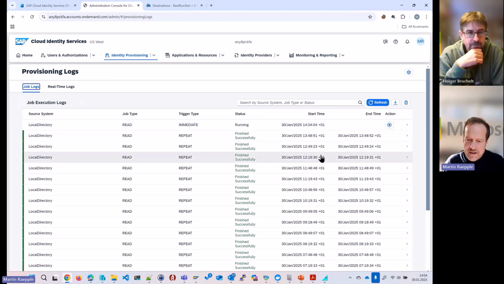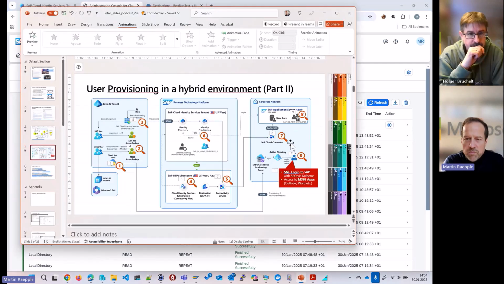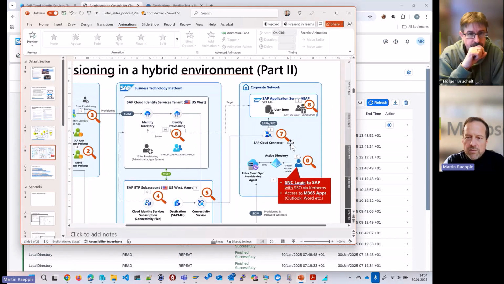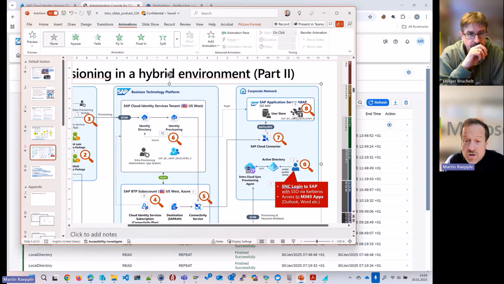So, for example, like in this picture, let me bring up my slide. And let me zoom in a little bit here because it's quite small font. So you may see that there's a profile, a role in the backend system. It's a pre-delivered role from SAP called SAP_BC ABAP Developer 5. It's for ABAP 5 development. So if you want to assign a user to that role in the backend system, you need to create an equally named role, a user group in the Cloud Identity Services tenant. I have it here already existing, and assign the user to that group.